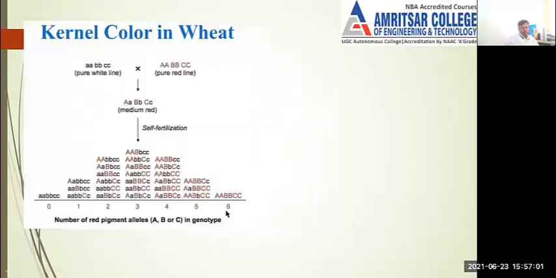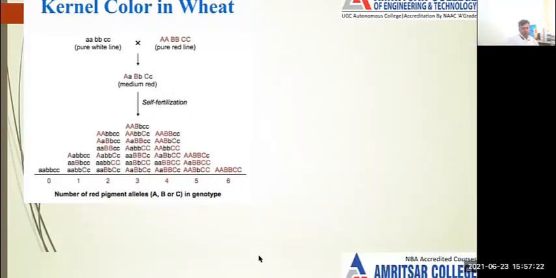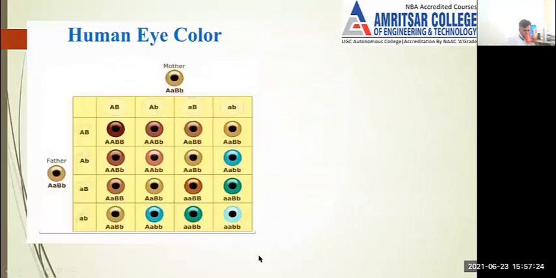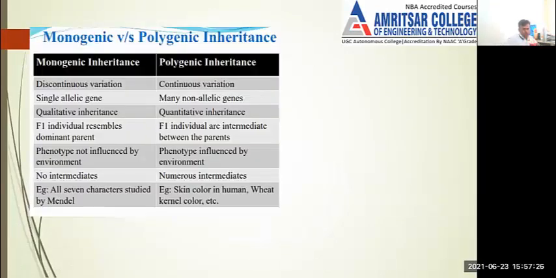This is affected by sunlight also, and the pigment is also affected by multiple genes. For example, kernel color in wheat is also affected by 3 genes. There are 3 genes, and you are going to self-fertilize, and you are going to obtain a continuous variation in the pigment color. So what is the difference between